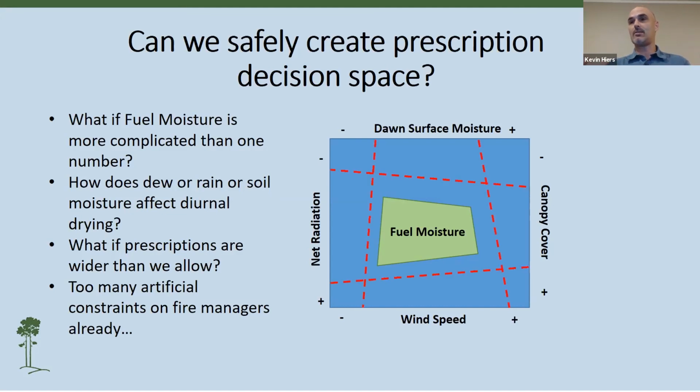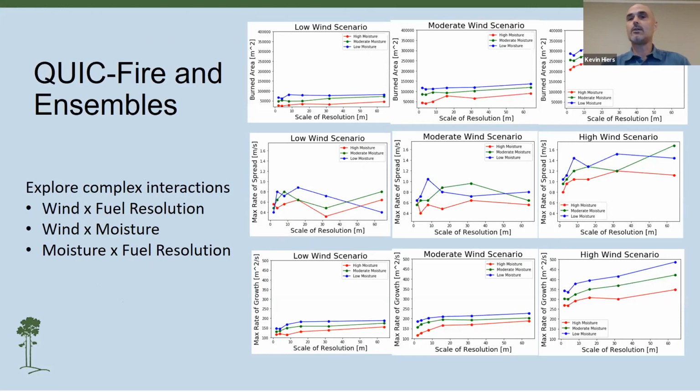We could think about expanding that decision space of managers as a way of increasing fire safety on the landscape. And this is just really quickly to make sure that everybody knows what I mean when I say ensemble. We can have wind scenarios, low, medium, high. We could run every mile an hour from 2 to 20 and look at how it interacts with the scale of fuel resolution on your landscape, as depicted in these graphics, or the moisture of that fuel on the landscape. And we can even start thinking about how gustiness of the wind field interacts with fire behavior